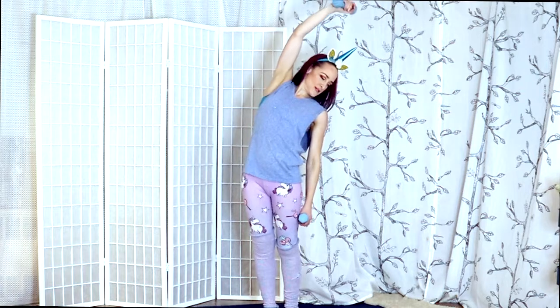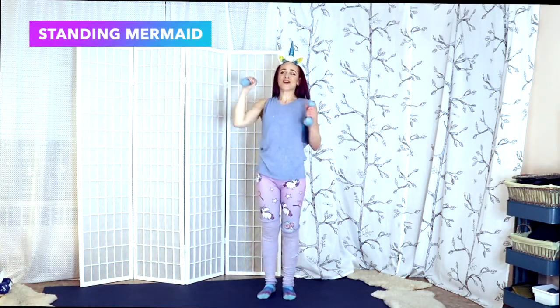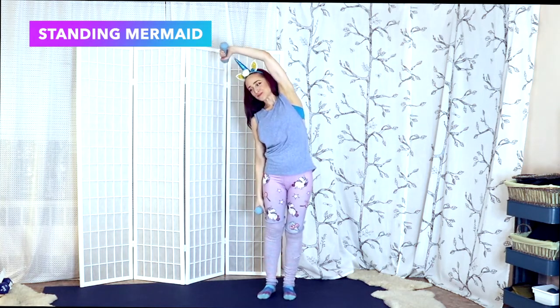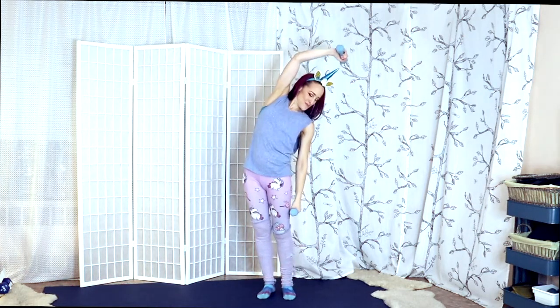Arm up, take it over, side bend, reach, switch it, up and over. Switch, reach, over, up,